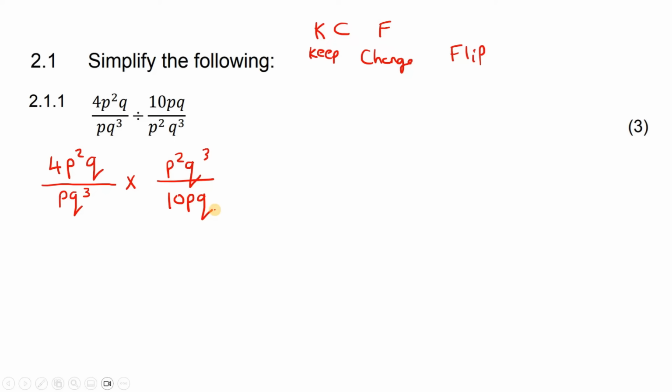Okay, now, as we said, there are multiple ways we could now do this. So let's quickly talk about this one over here. Let's quickly remind ourselves how to do this. If you have 4p squared q over pq3, you must remember that p squared actually means that there's two p's. So it actually means pp